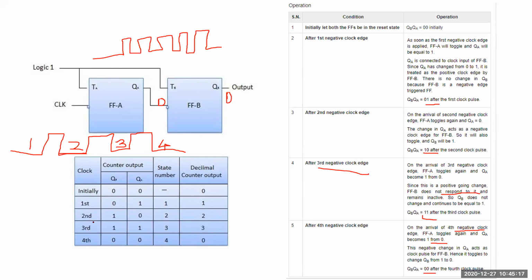And the same thing has been put in this truth table. I have put everything in the truth table in a similar manner. All these outputs you can see: first we have got our output equal to 0 0. Initially it is set to be 0 0. At the first negative edge it is 0 1. At the second negative edge your output is 1 0, at the third negative edge your output is 1 1, and finally it becomes equal to 0 0. So this is the normal working condition of an asynchronous or ripple counter.